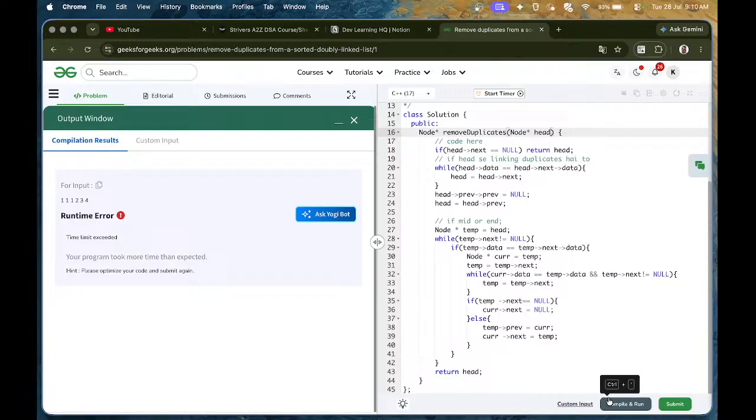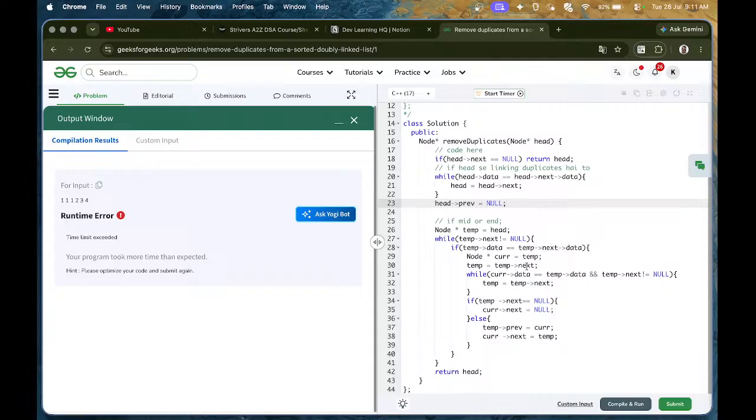I was at head. क्या हेड का नेक्स्ट इक्वल्स टू नल है? नो, हेड का जो डेटा है क्या इक्वल्स टू हेड के नेक्स्ट का भी डेटा है? हाँ, हेड इक्वल्स टू हेड का नेक्स्ट। फिर से, क्या हेड का जो डेटा है वो इक्वल्स टू हेड के नेक्स्ट का भी डेटा? नहीं। तो यहीं पे हेड के प्रीवियस को नल कर दो और हेड को कहीं नहीं कर दो।